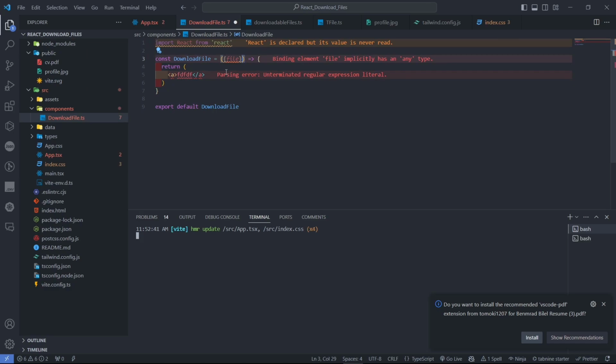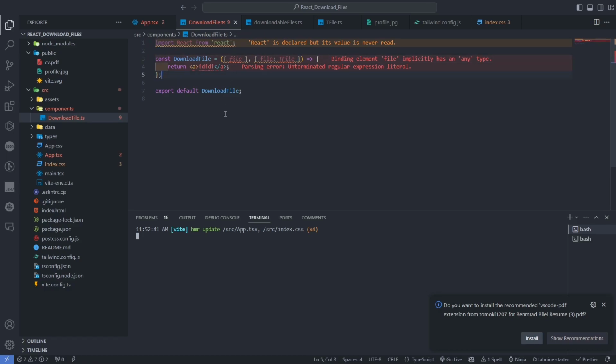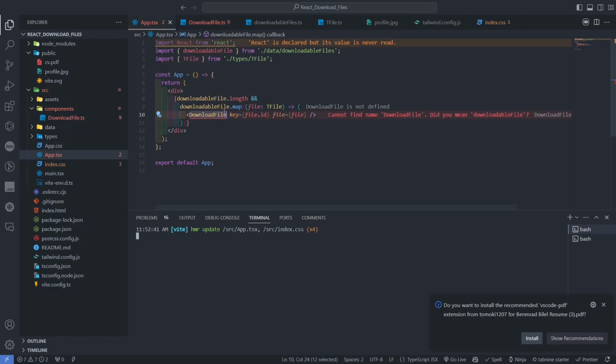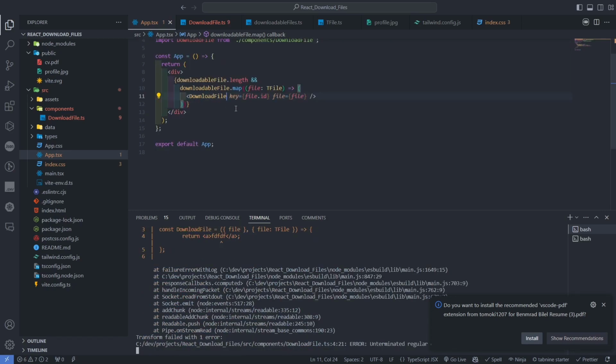So the file also of type TFile. Okay, perfect. So what's going on here? Binding element DownloadFile. Okay, so let me first import this DownloadFile. Okay, I don't know what's going on here, so